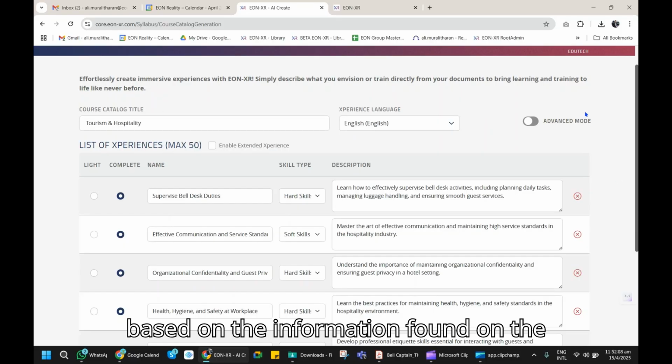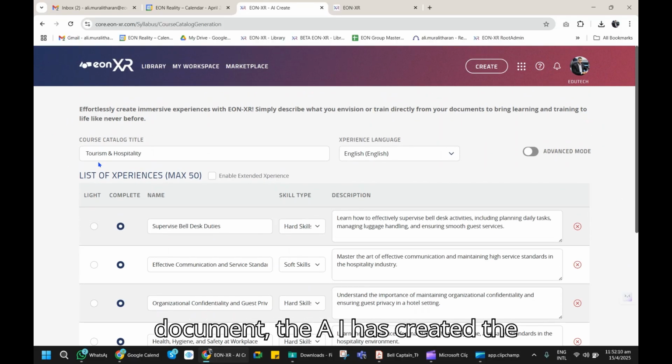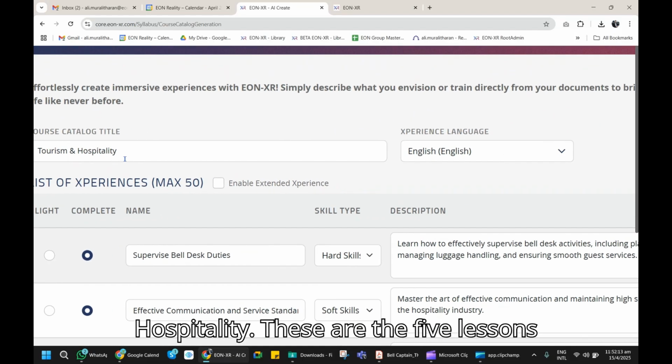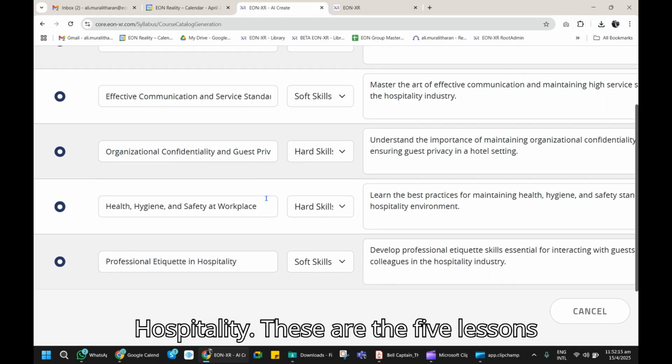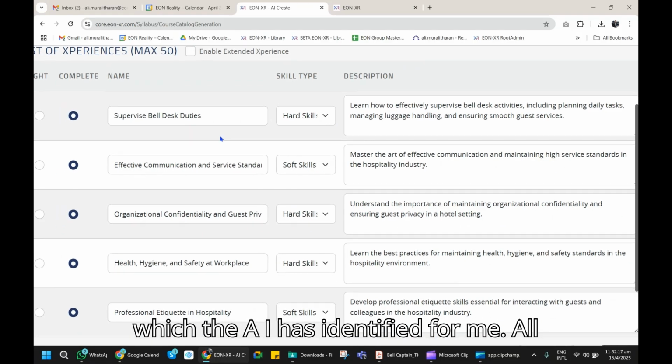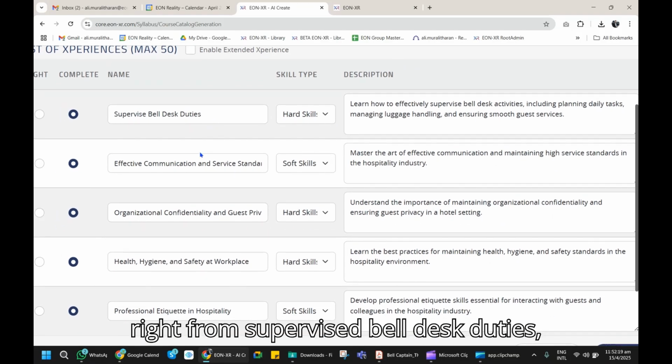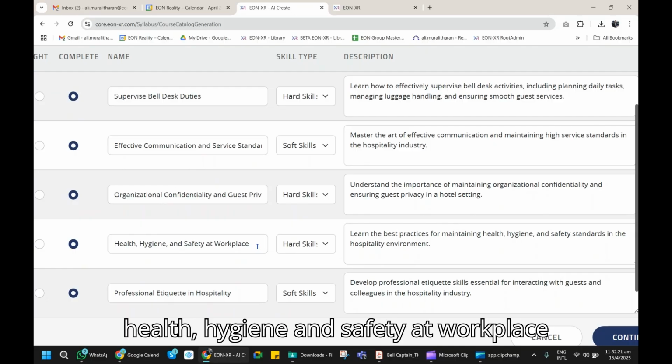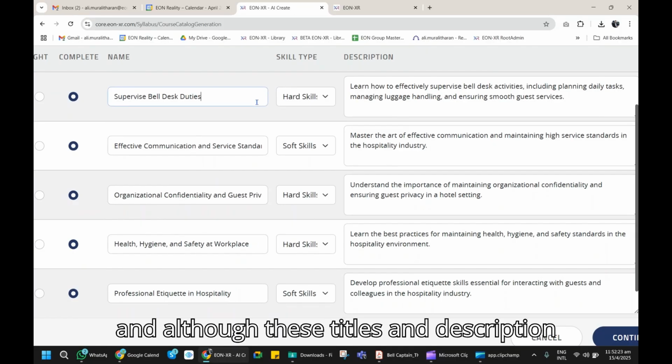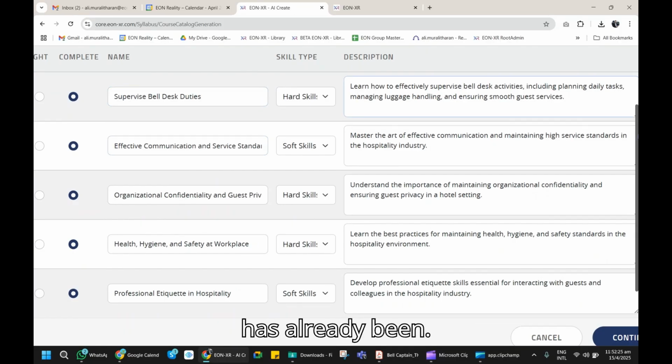Now, based on the information found on the document, the AI has created a playlist for me called Tourism and Hospitality. These are the 5 lessons which the AI has identified for me, from supervised bell desk duties, health, hygiene, and safety at workplace. And although these titles and descriptions have already been